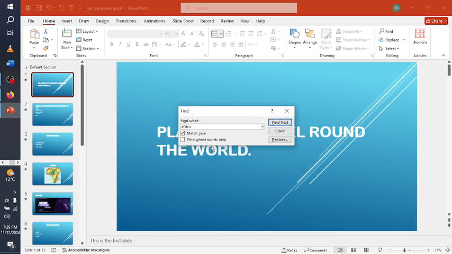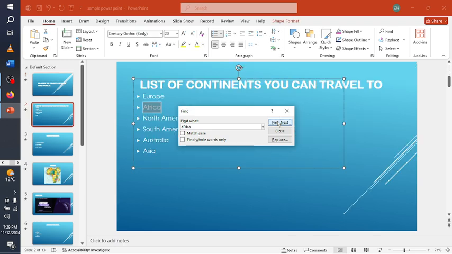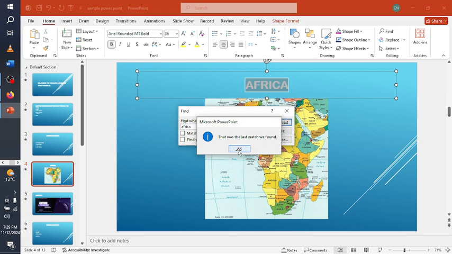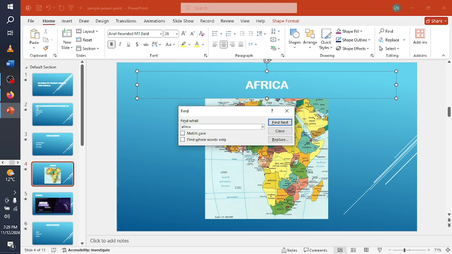Oh, sorry. Find. So I've been able to find where? Africa. Okay, so this is one. Find next. This is Africa. So we have two Africa in the entire slide. Okay, so what's the purpose of this? Just in case you want to change